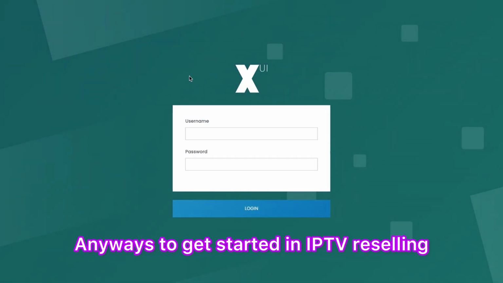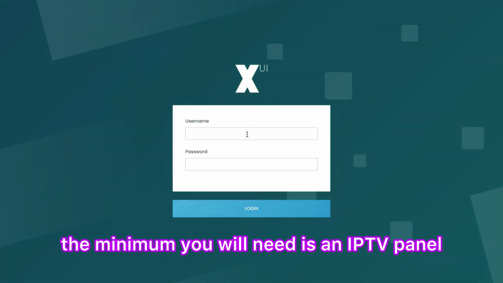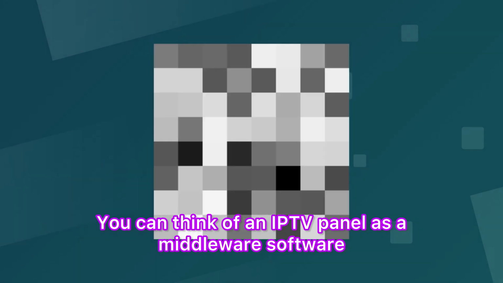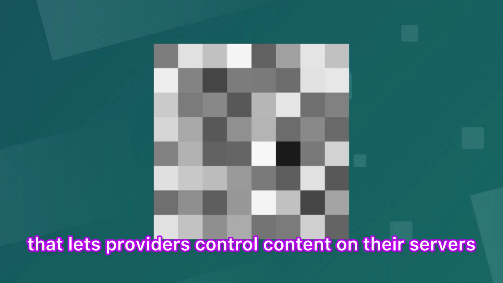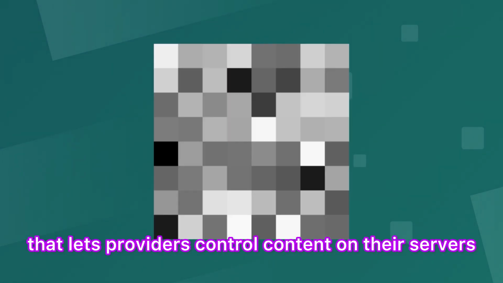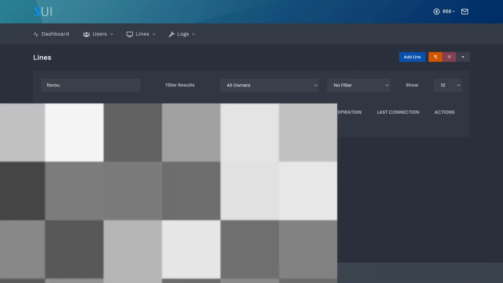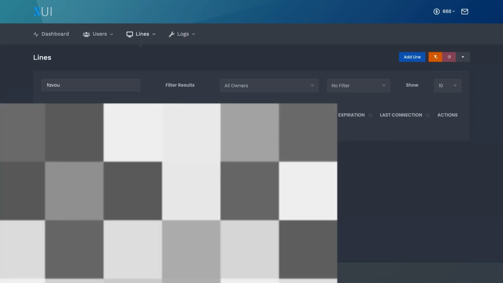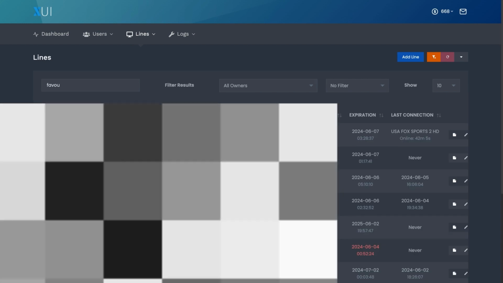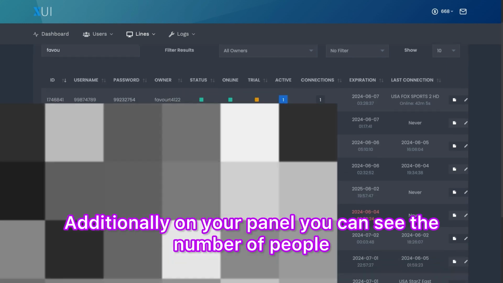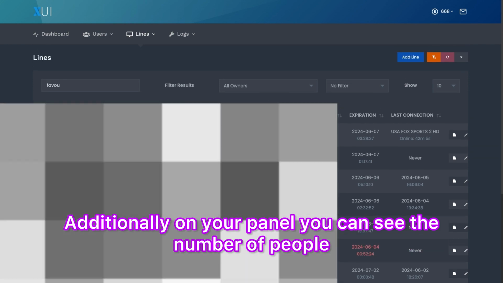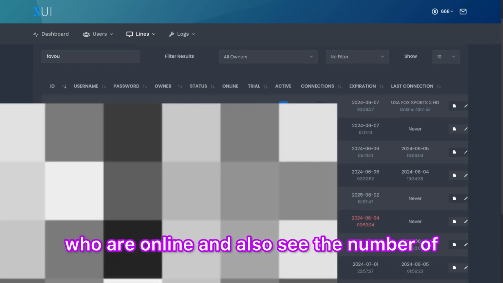Anyways, to get started in IPTV reselling, the minimum you will need is an IPTV panel. You can think of an IPTV panel as a middleware software that lets providers control content on their servers and also who accesses it. Additionally, on your panel, you can see the number of people who are online and also see the number of